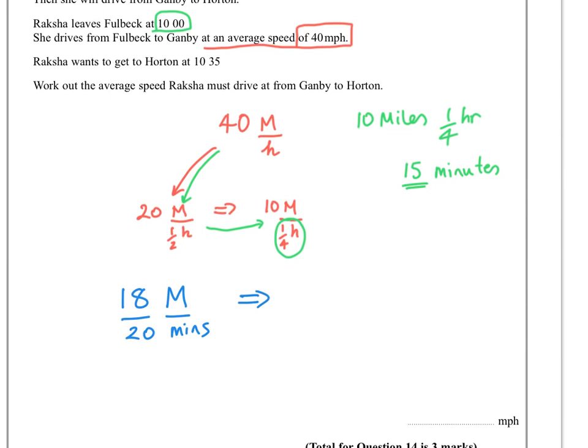So think to yourself, 20 minutes is what fraction of an hour? Well, it's a third of an hour. So you're going 18 miles in 1/3 of an hour,